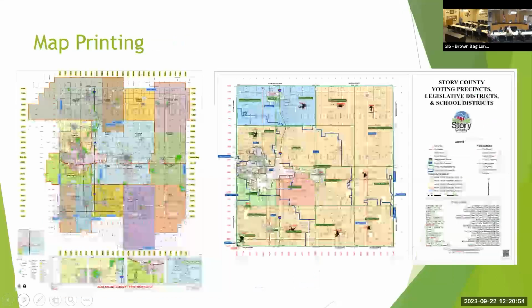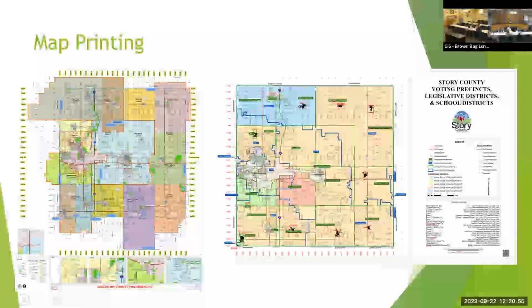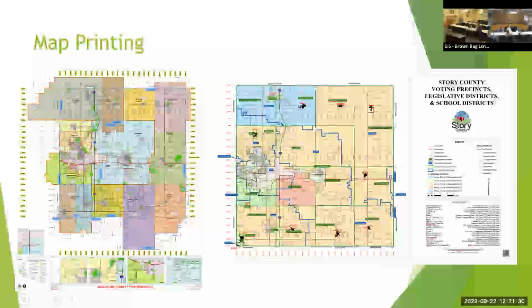All right, let's go to the next slide. So yeah, we have everything. We have Beacon, we have software that does all this neat stuff, but in the end, sometimes people just want printed maps. We just want a paper map to hang on the wall. I think 20 years ago, people said, "Oh, we're getting rid of these paper maps. They'll be gone before." And no, they're always around. They're gonna be around for a little while longer. I think we use them less and less, but people still like to see a printed map on the wall, so everyone can kind of group around it. So there's still a need for it.